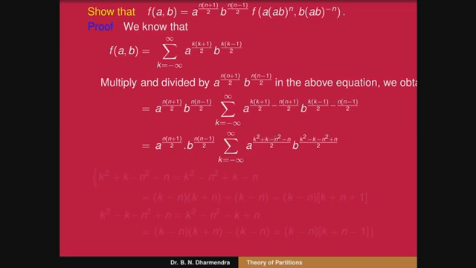So we have to do some simple manipulation, collecting the terms of k square minus n square. Like a square minus b square is a minus b into a plus b, here the terms containing k minus n are there. k square minus n square means k minus n into k plus n, here also k minus n. When I take k minus n as a common factor, that becomes k plus 1, k plus n plus 1, this term.